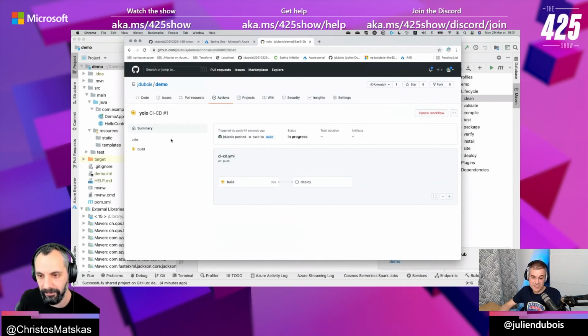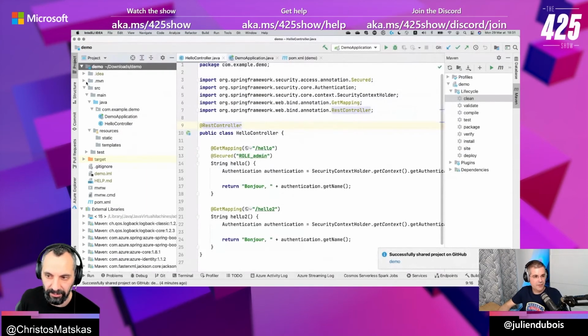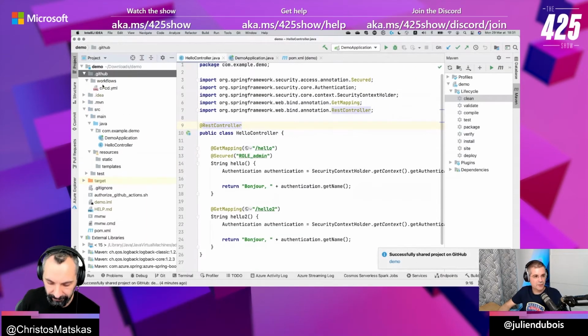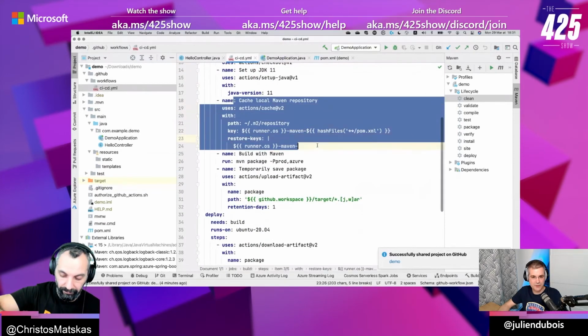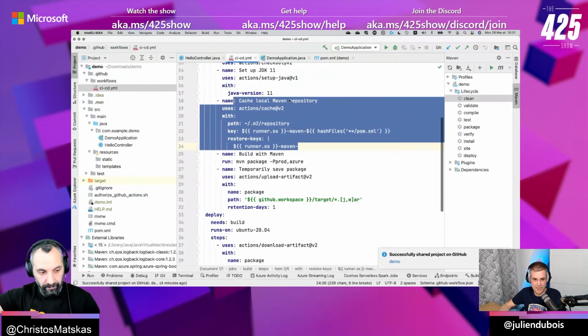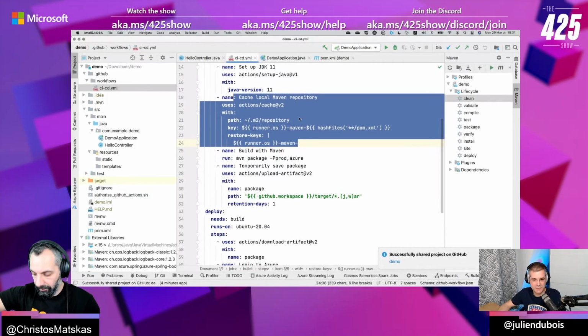The first build is a bit slow because Maven is downloading all these dependencies, but next time it's very, very fast. Does it cache everything into the agent? Is that what it's doing? Yeah. If we go to, let me just show the GitHub Action. I've got a specific GitHub Action step to cache my Maven dependencies. So the first time it is slow, but then it's very, very fast. You just need to git push.